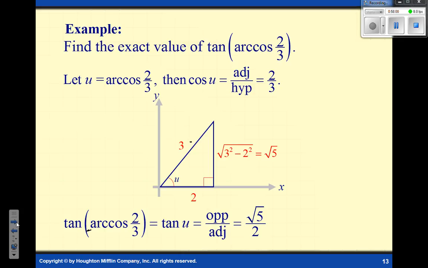Now, had this not said exact value, what could you have done when you realized you couldn't make it on your hand? The calculator would be okay. But because it said exact value, the only way to get those exact values is to sketch the triangles out. Okay? Alright. The good news is this is it as far as what the inverses have involved. And we're going to practice tomorrow, and we'll probably practice a little more on Friday. And the key to the worksheet